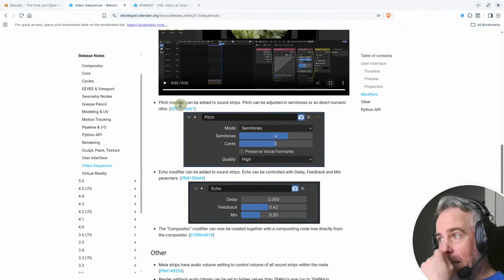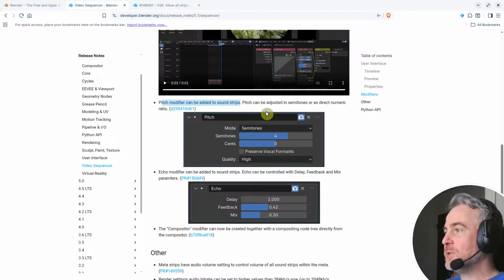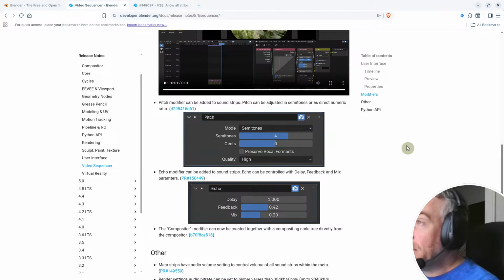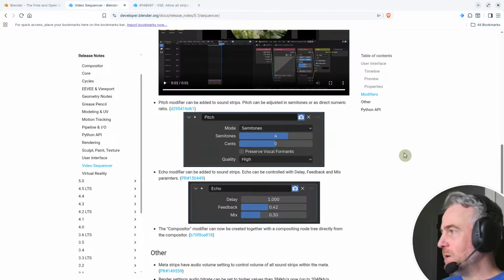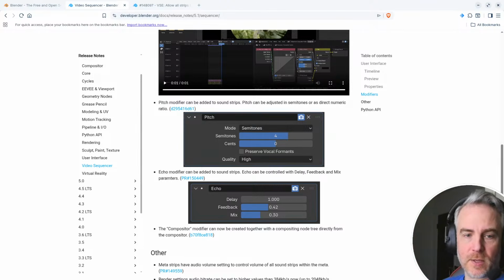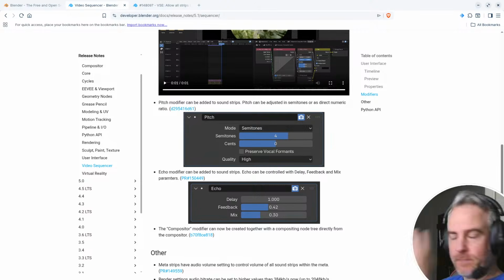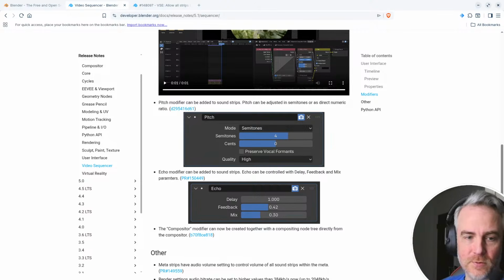Pitch modifier can be added to sound strips. Okay, so this is a little different than the audio. So we do have to bring in our audio again. What do I want to use for that though? You might have to bear with me so I can use one of my